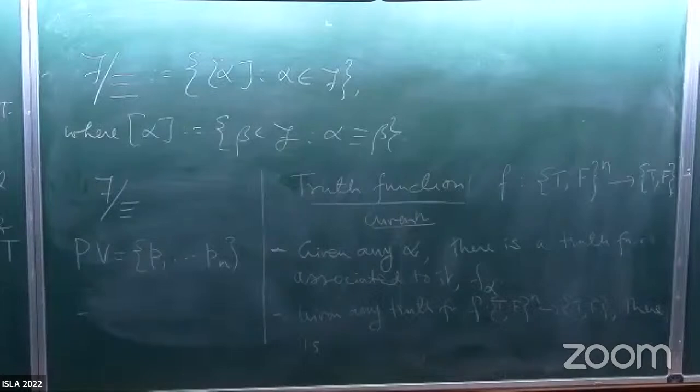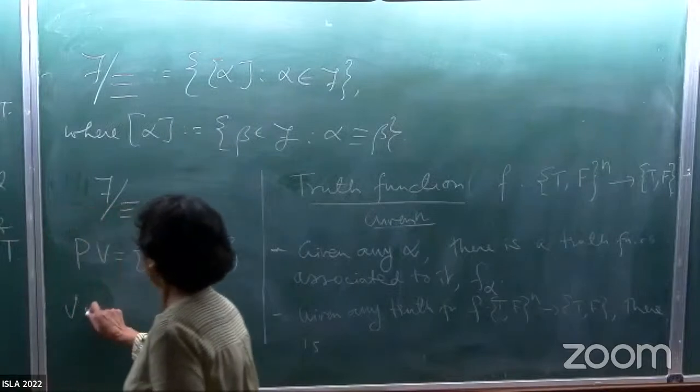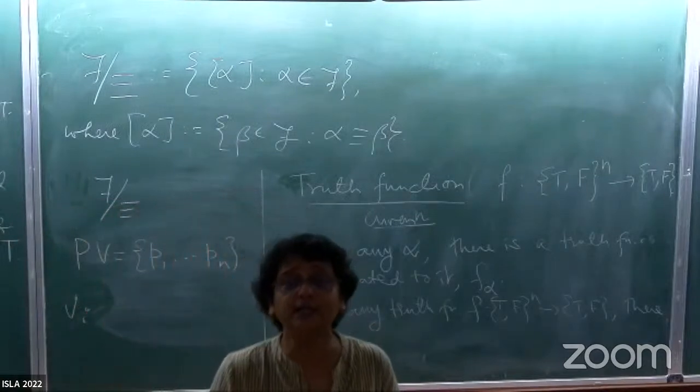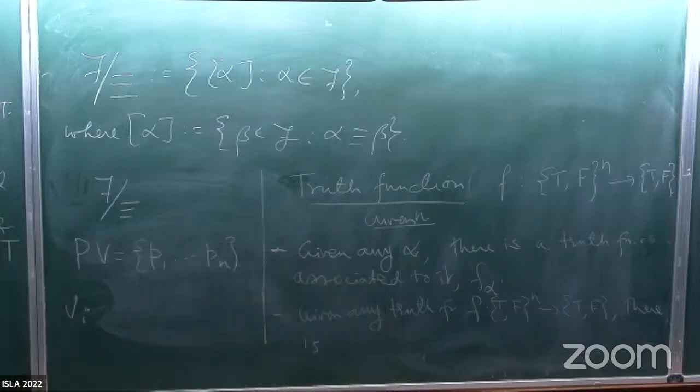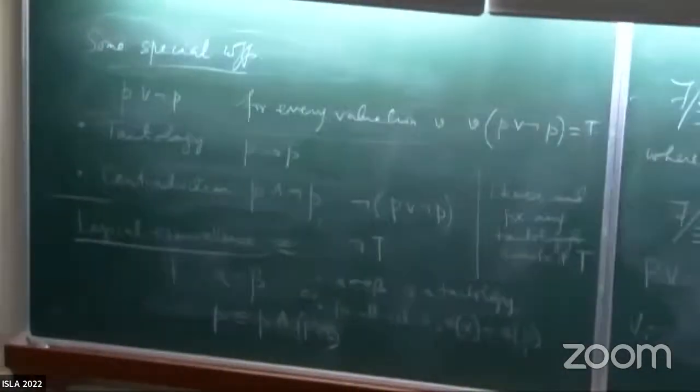Truth function is basically valuation. Not really, because a valuation function gives meaning to a formula, right? Yes, Bhargav, can you hear me? So a valuation actually gives meaning to a formula, so there is a level difference here. We went from the set of formulae to T, F, whereas here, in some sense, that's what we are trying to reconcile.